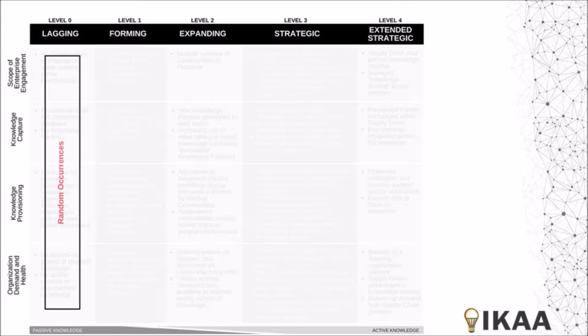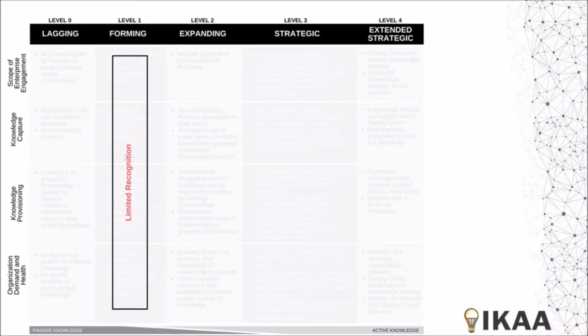So across the top are the 5 maturity levels. At level 0, or lagging, there's essentially no organized level of managing or utilizing corporate technical memory. Its application is purely happenstance. Processes related to knowledge management are usually undocumented and strictly local in nature. As a result, they're dependent on individuals and tribal knowledge, and they remain in a state of dynamic change which results in an uncontrolled environment.